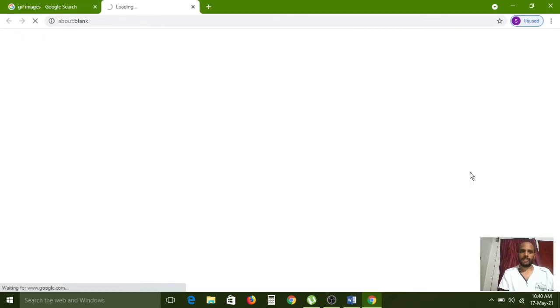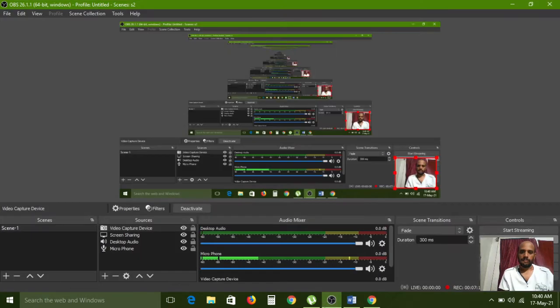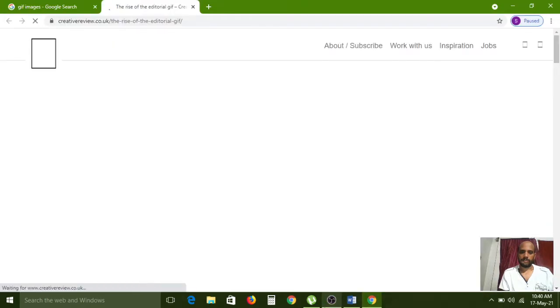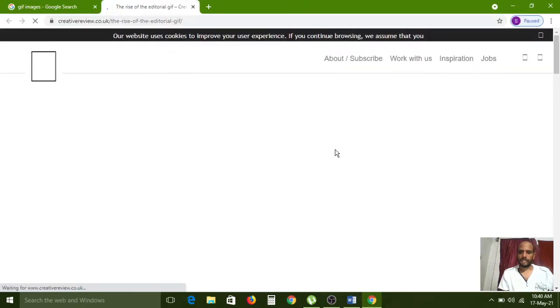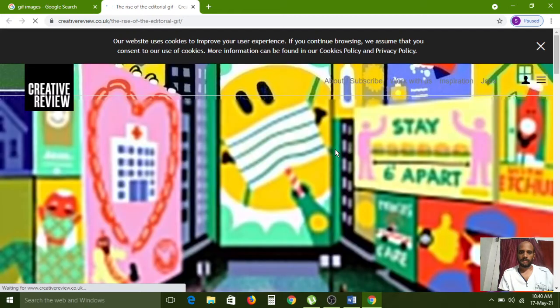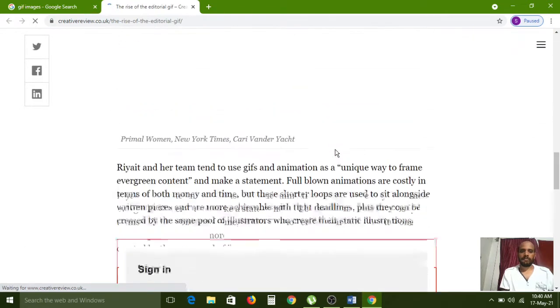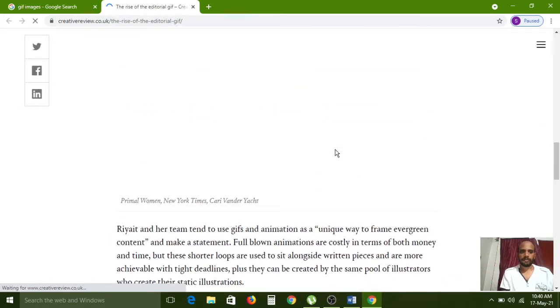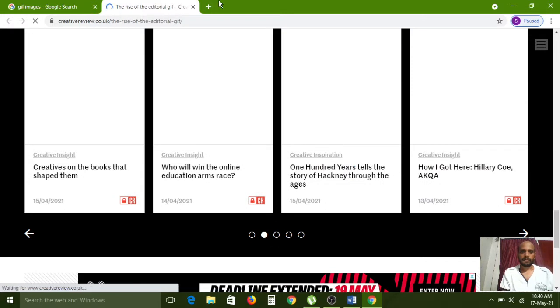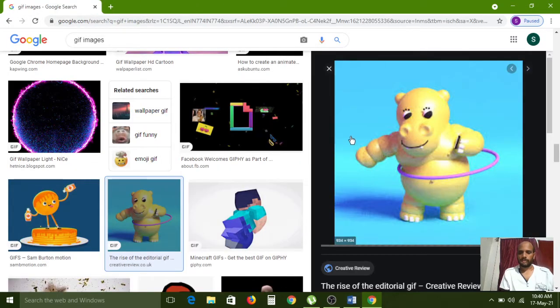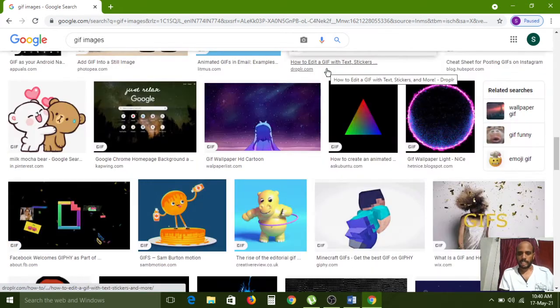So that is why I am opening a new window. Actually it is a large size image, that is why it is not opening.